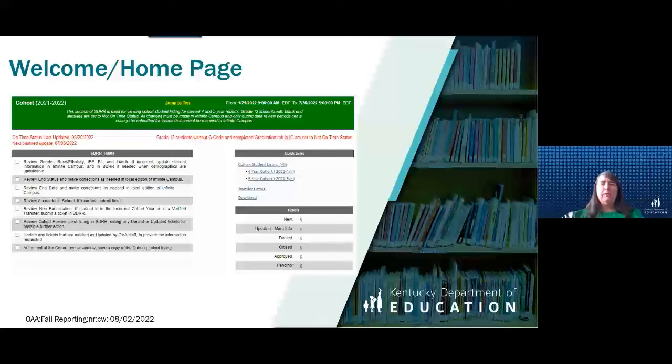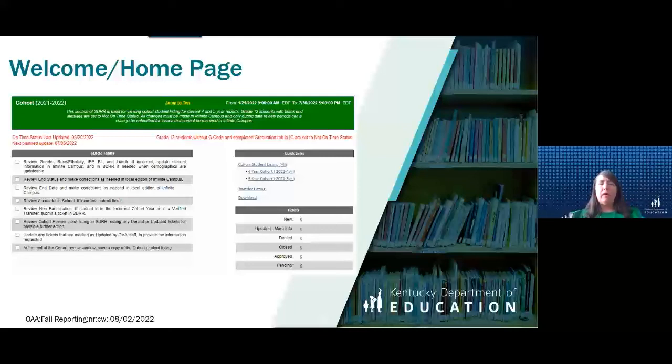For non-participations, if the student is in an incorrect cohort year or is a verified transfer student, you would submit those tickets in SDRR. You also want to look at your student listings and note any denied or updated tickets that you're waiting for us on, or we're waiting for you on, so that you get those tickets done